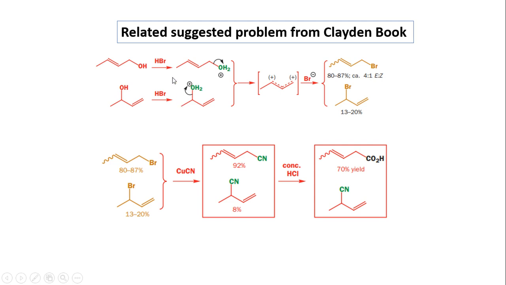another is the 2 degree alcohol. But in case of the 1 degree alcohol and the 2 degree alcohol, in both cases we get the two products, but one product is major compared to the other. The starting material is different but the product is the same. Here the steric interaction destabilizes the attack at the 2 degree center, and hence Br minus attacks the primary